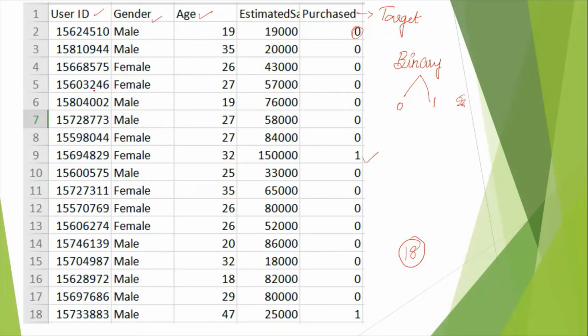So if I have to analyze the data of the customer, what are all the things that are important for me to find my target customers? If you see, the user ID is not important because I've gathered this data from some other website. So I'm not going to take this one. Is gender important? It depends upon the business I do.